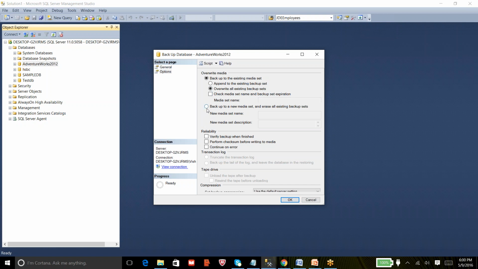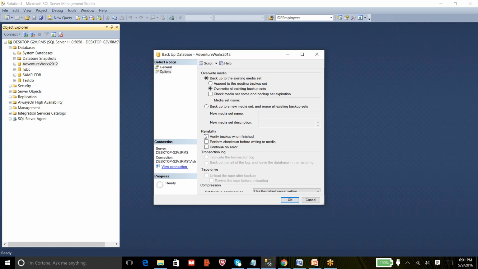And if you want to write to a new media set, you can treat it as a case cover which you use to store all your CDs and DVDs. In the same way, a media set is a container where you can store all your backups. From appearance, that container will be viewed as a single file, but inside that single file, you can have a number of backups. And we don't normally use these two options.